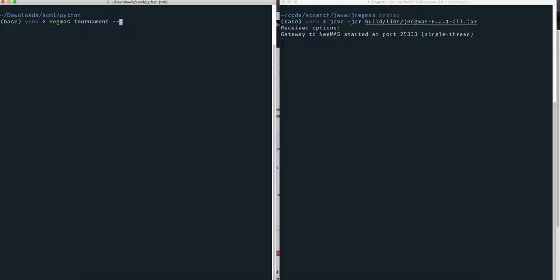We will add another Java competitor, using Java competitors, the dummy middleman. That's a factory manager that we have implemented in Java for testing purposes. Steps: what are the steps of the simulation? We will just run it for 15 steps, and we will run the standard